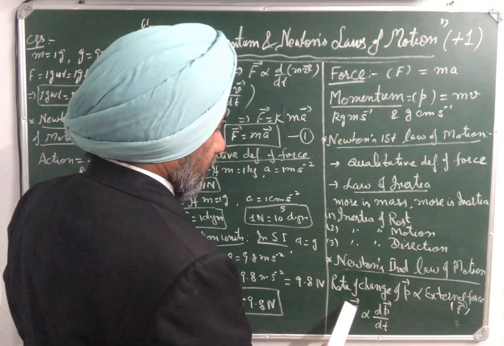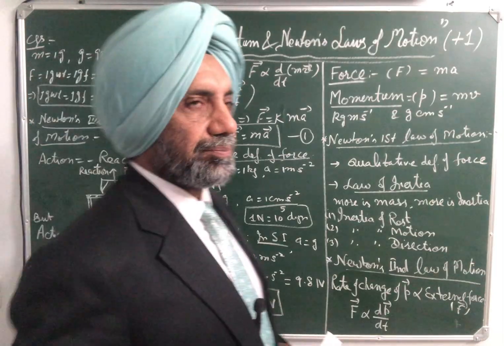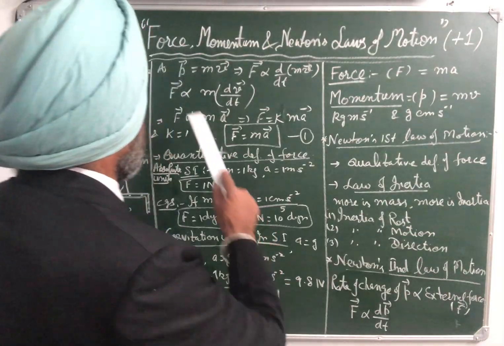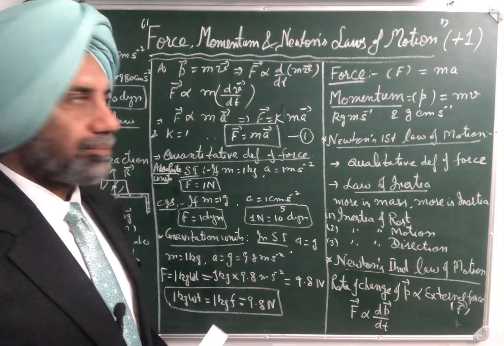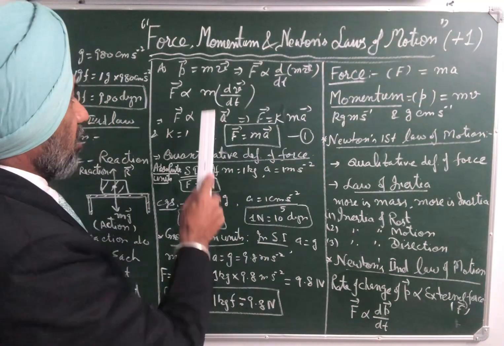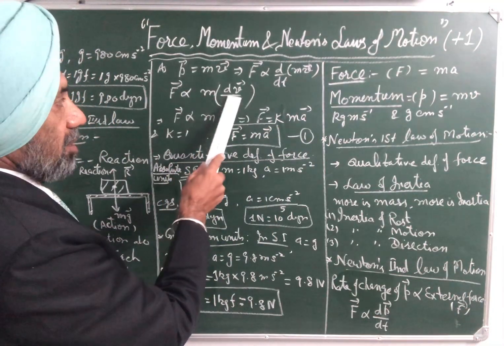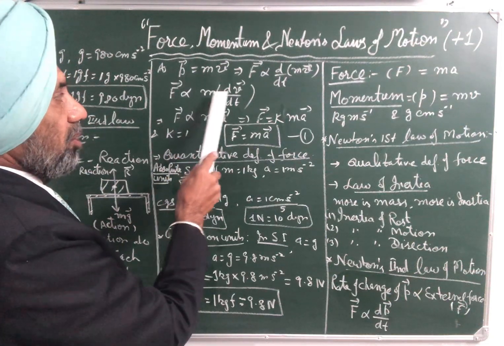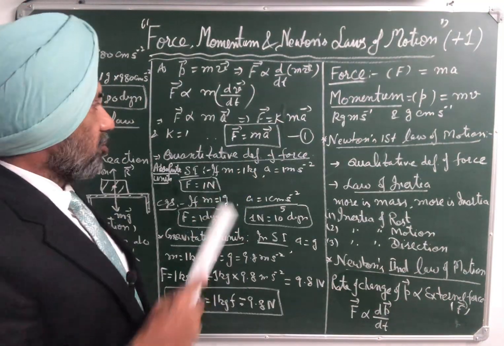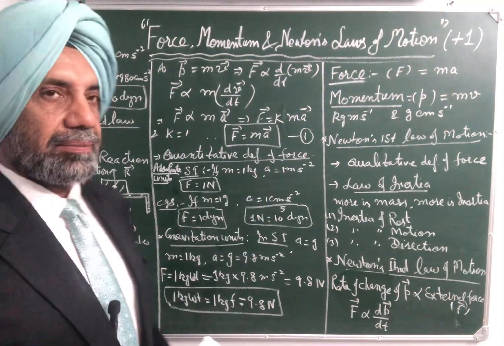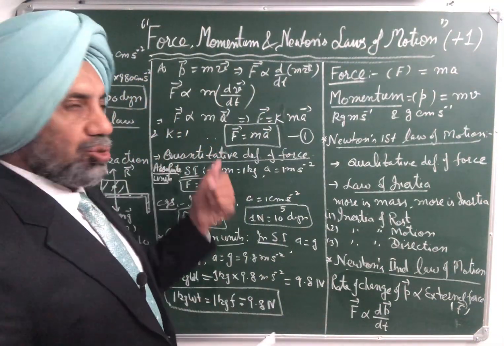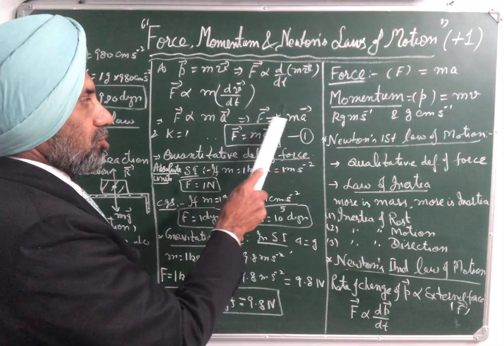That is, F is directly proportional to dp by dt, where p is equal to mv. Therefore, F is proportional to d by dt of mv, or m can be taken common, constant is outside, so F is proportional to m dv by dt. dv by dt is nothing but acceleration, so F is proportional to ma, or F is equal to kma, where k is a constant of proportionality, but value of k is chosen to be 1 because units of force, m